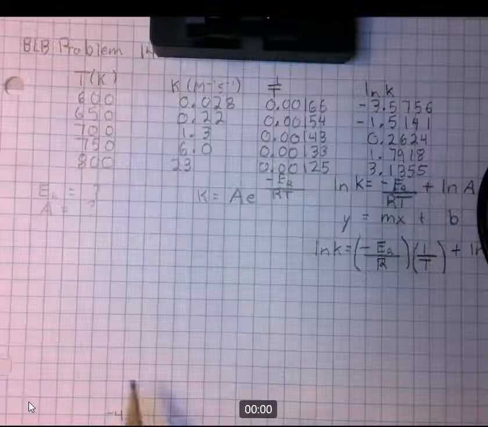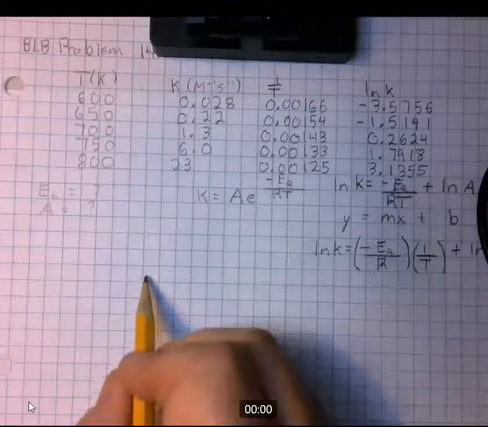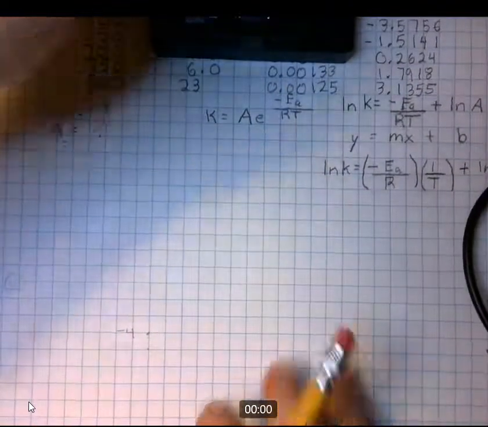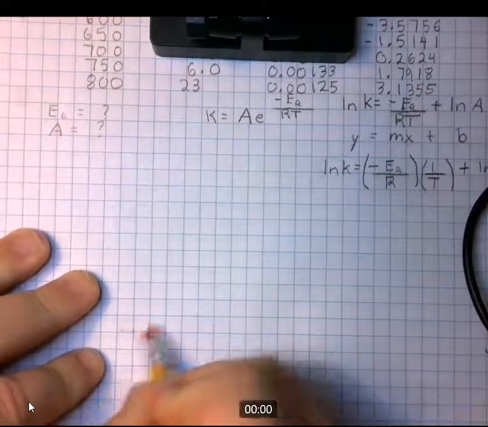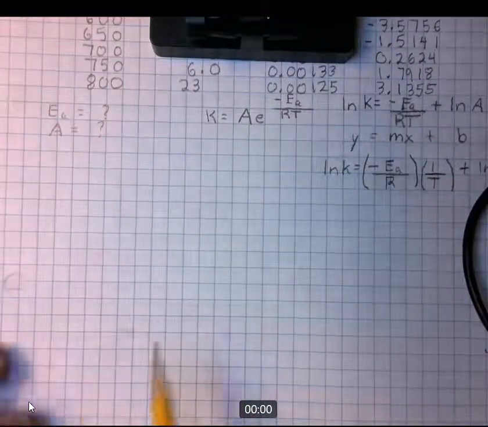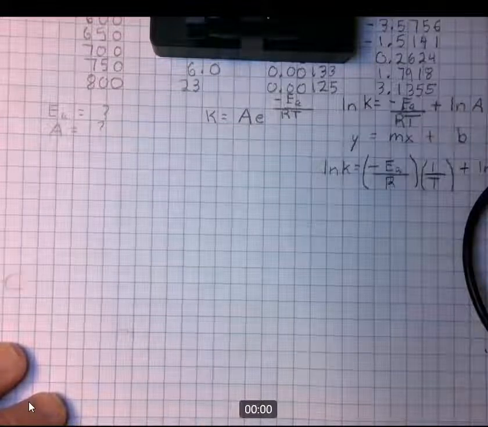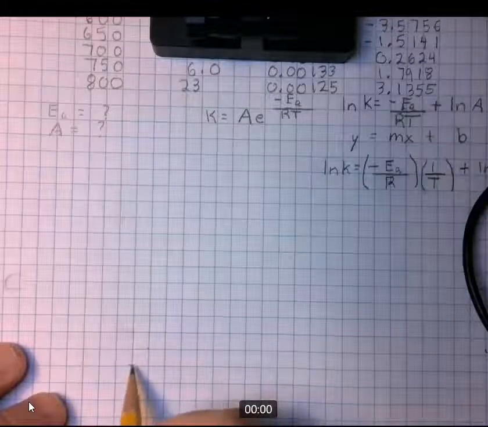I'm going to go down even a little bit lower. So I'm going to call this point negative 4, and every 2 squares I'm going to call 1. So I'm going to go up 1, 2, that gets me to negative 3, 1, 2, negative 2,